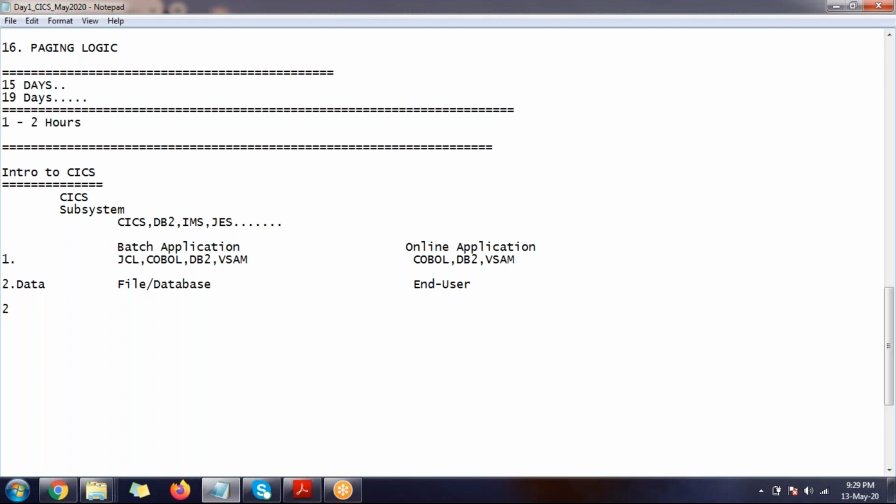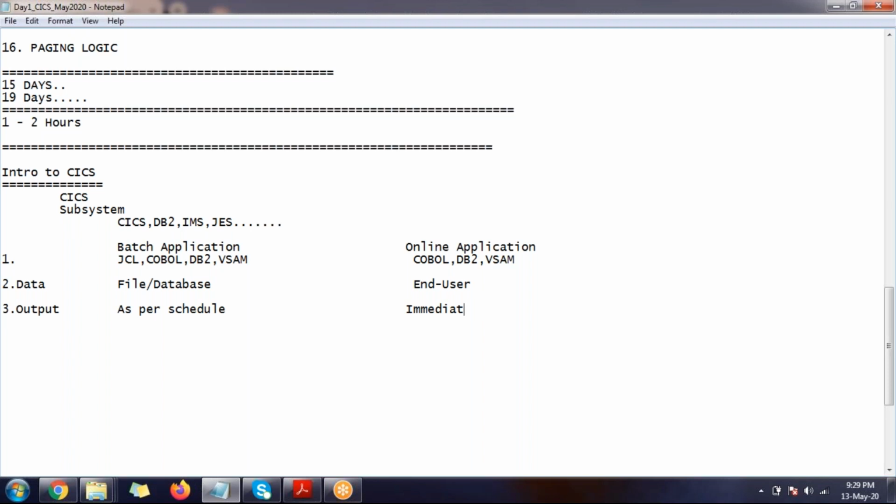The next one is the output. One of our colleagues raised this point too. In batch, you will get the output as per your schedule. But in an online application, you will get the output immediately.